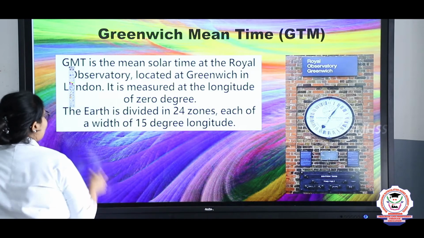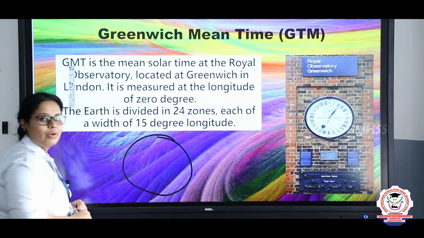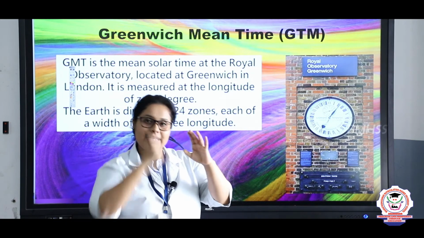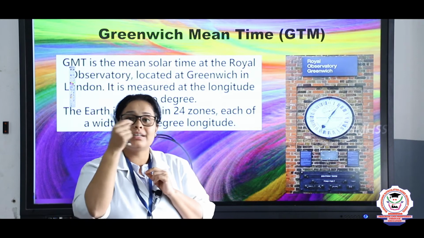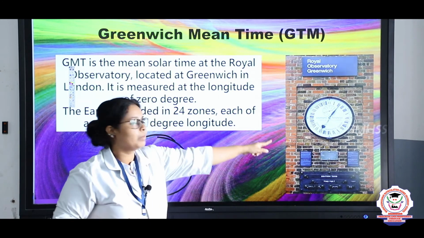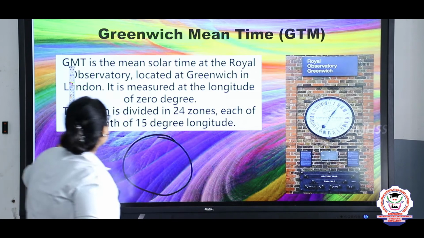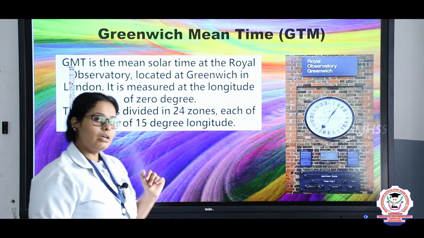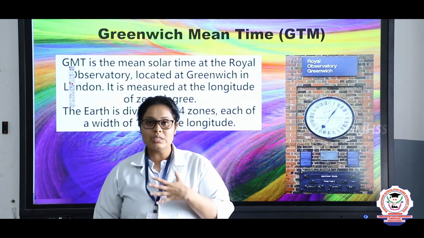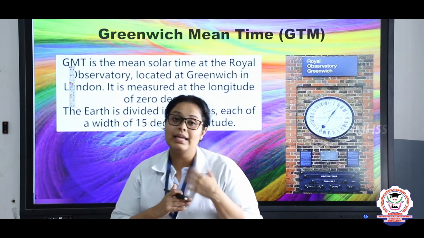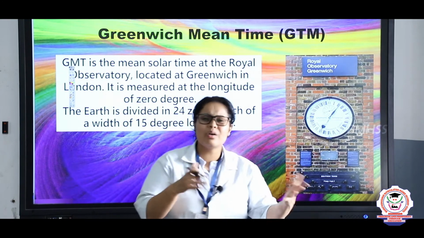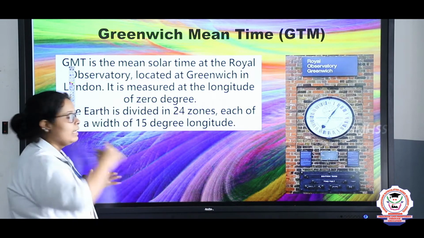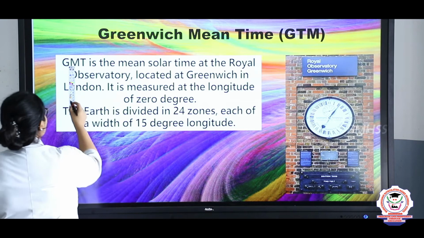So children, you know that this is an example, this is a globe, okay. Now when there is a globe, there will be many degrees, like how it is getting divided, right. At the 0 degree, that place is kept the watch, and the earth is divided into 24 zonal times. Suppose in India right now it is 10 o'clock, then abroad, like for example New York or any other place, the time will vary, right, and it is placed at different 15-degree longitudes.